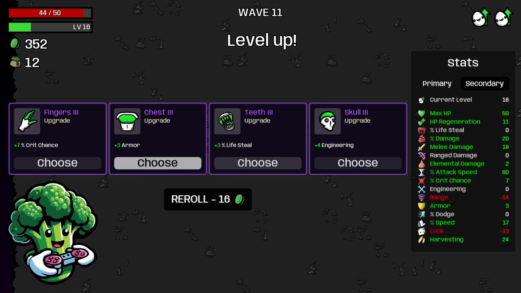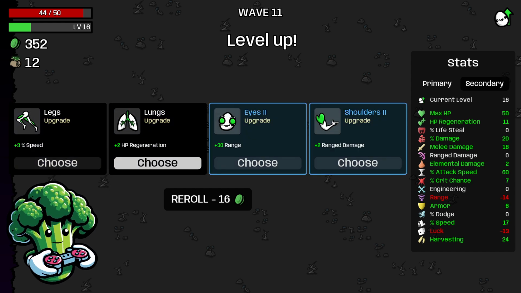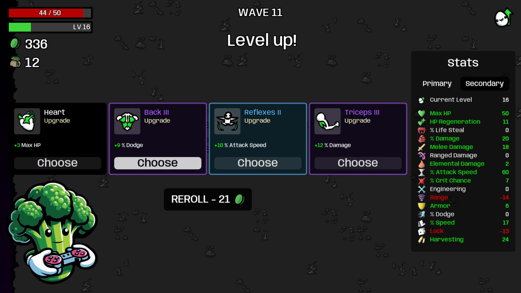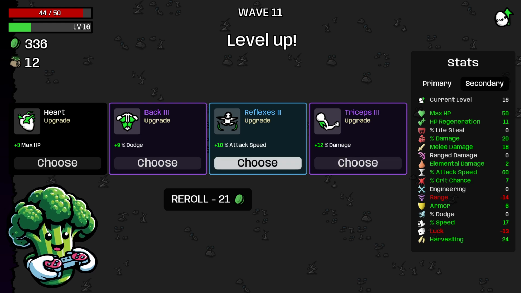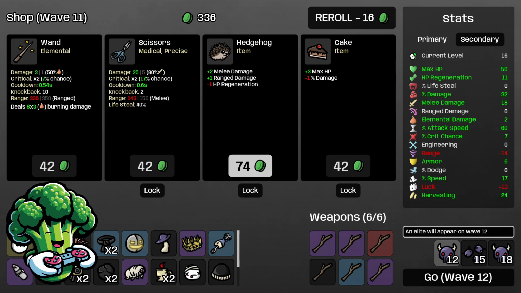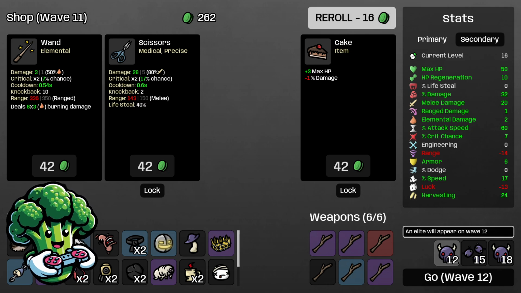All right, here we got a lot of good options. We got lifesteal, crit. I'm gonna go with more armor. These not so good. We're gonna reroll, and I'm gonna go for flat damage now on that. We could use a little bit more damage. I'm gonna take more melee damage